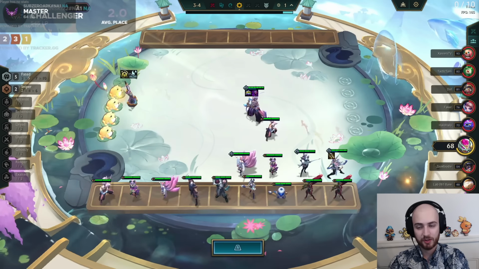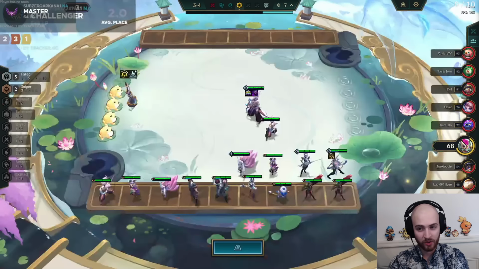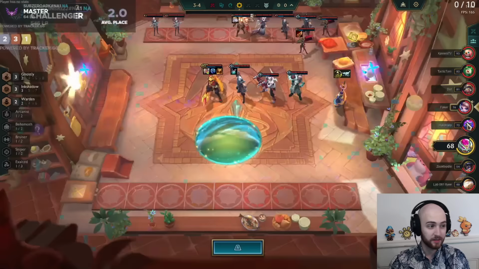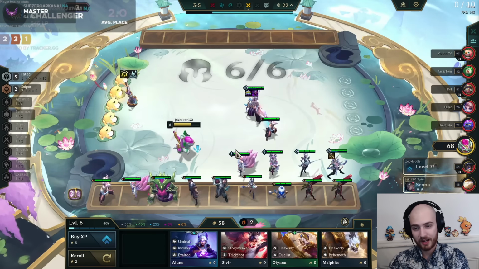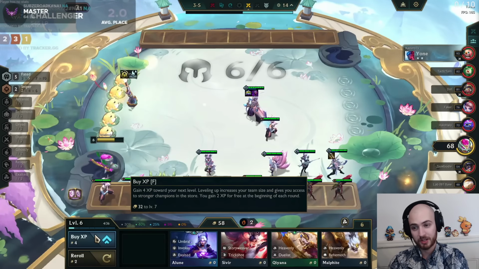Ideally, we want Bow here for an Aphelios item, but we don't actually get the option. So we end up just getting Ornn with a Rod here, which, I mean, is really, really nice. Ornn is a unit that we want to play on this board. This Rod can be half of Guinsoo. We do also pick up Kindred 2 here. But it does feel a little bit bad that we don't actually get to pick up the Guinsoo component for...